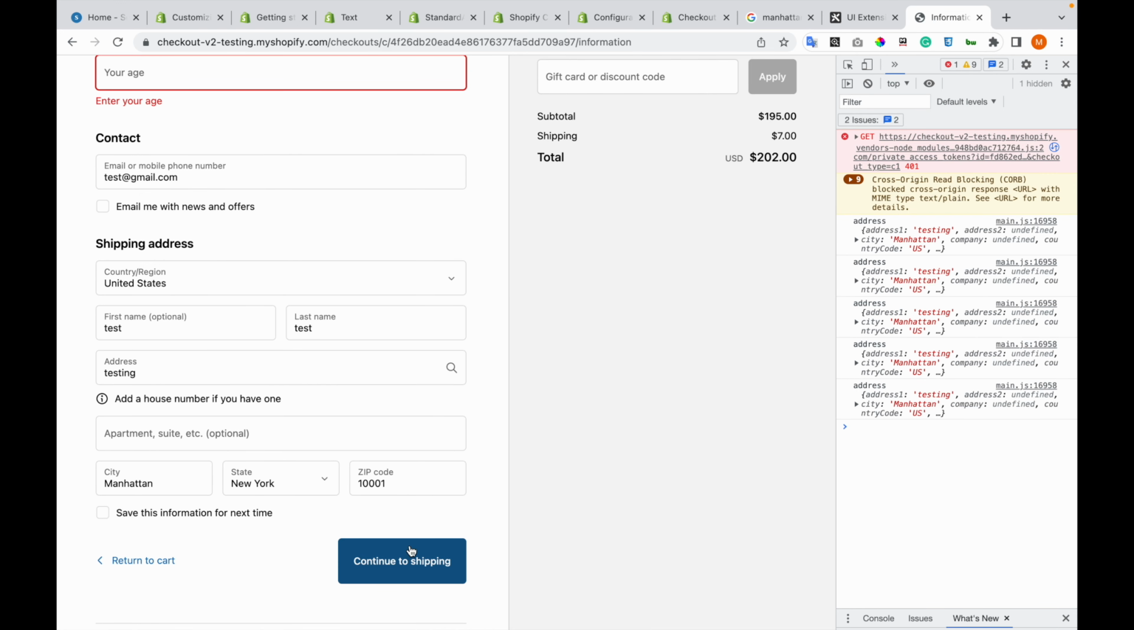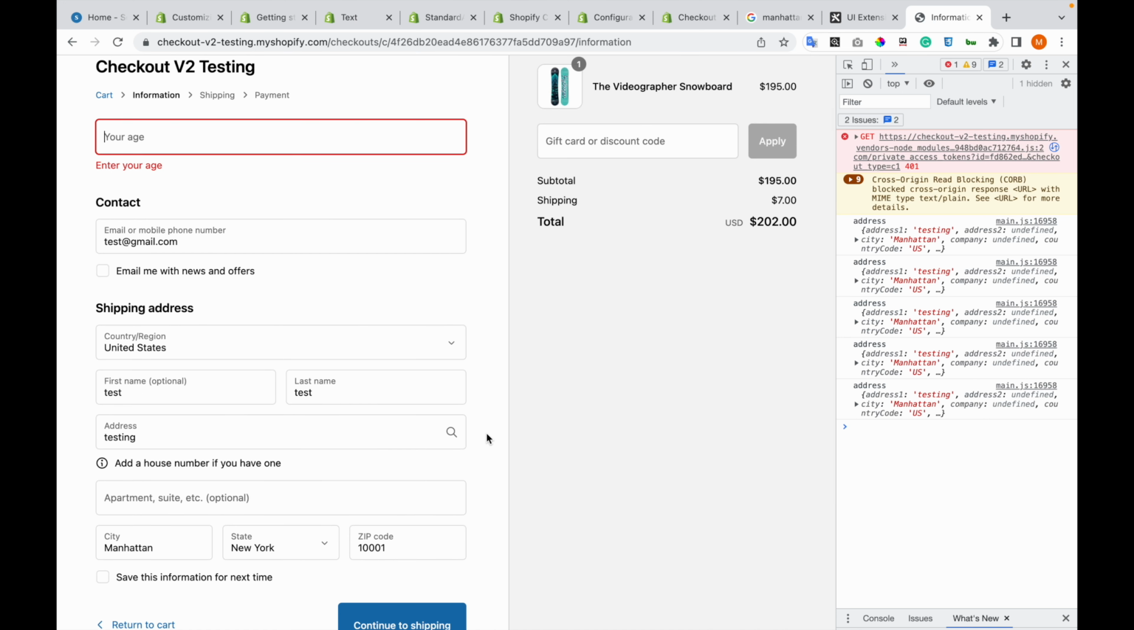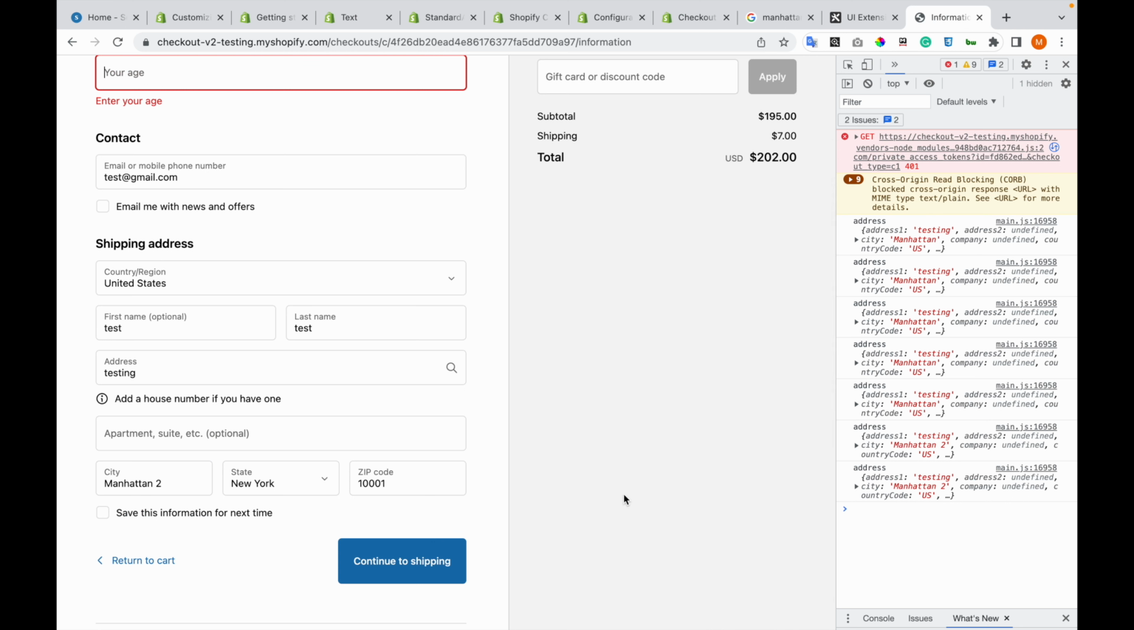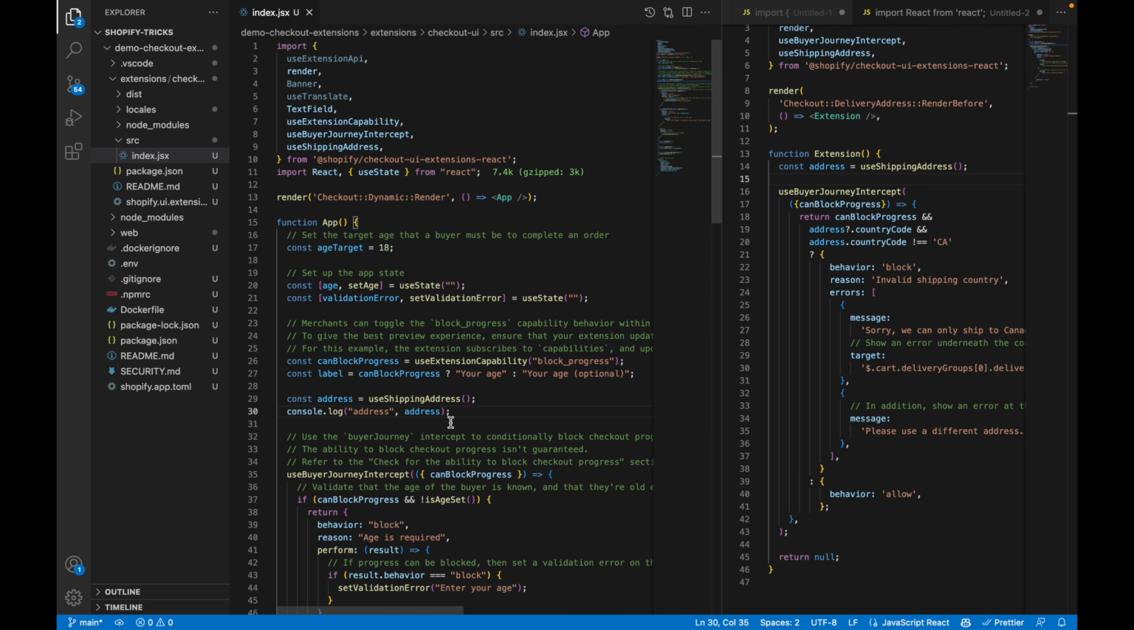So yeah, if it's clicked, we get the fresh data. Let me just double check. Yes, after we click we see the address. So what we want to do now is